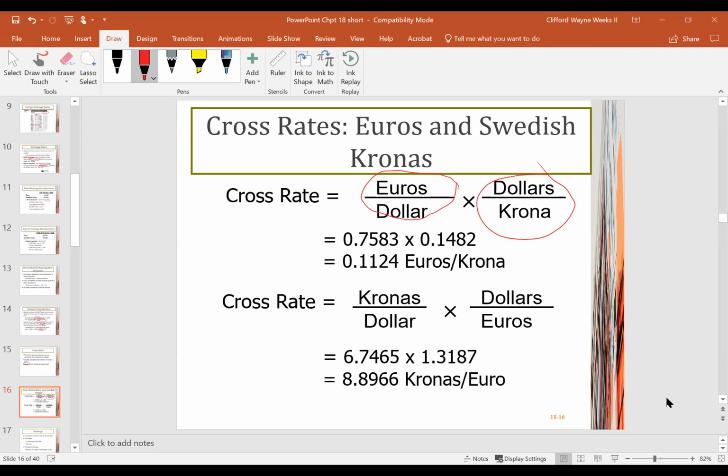And basically what you can do is the dollars eliminate themselves, and so you can convert the euro per krona. You're just utilizing the U.S. exchange rate into the euros and krona to come up with the cross rate, as such. Or you can, if you want to do kronas into